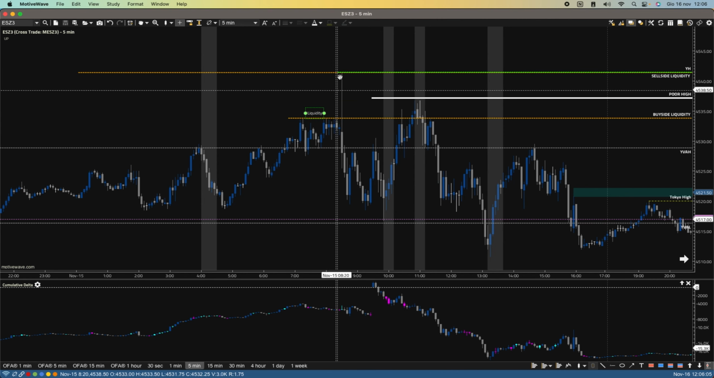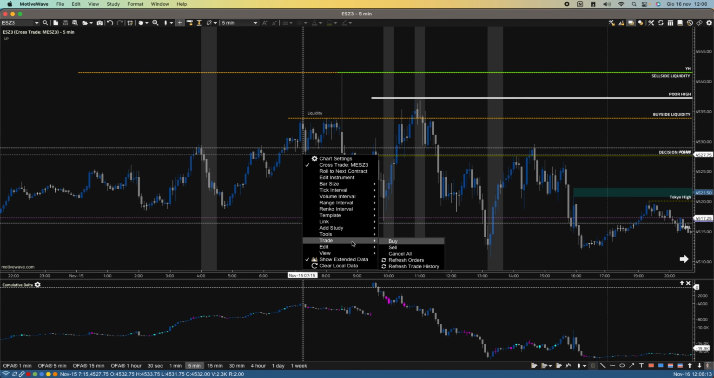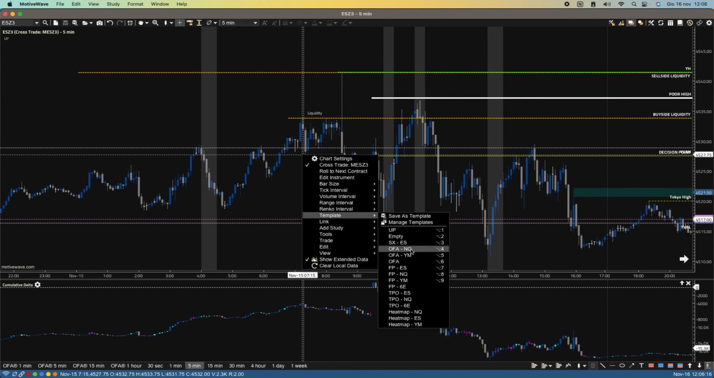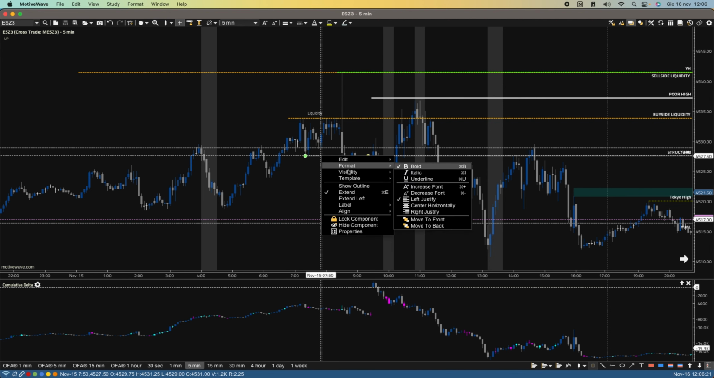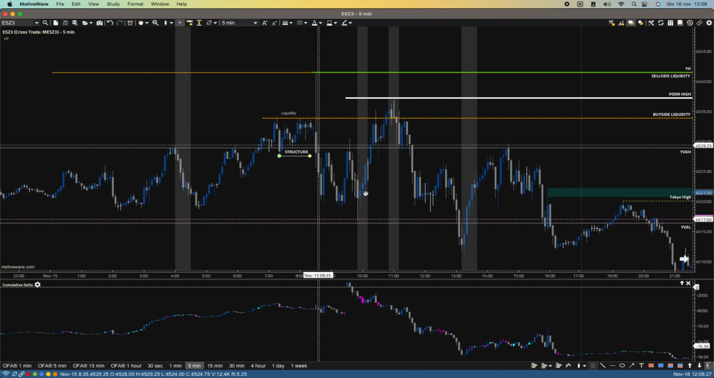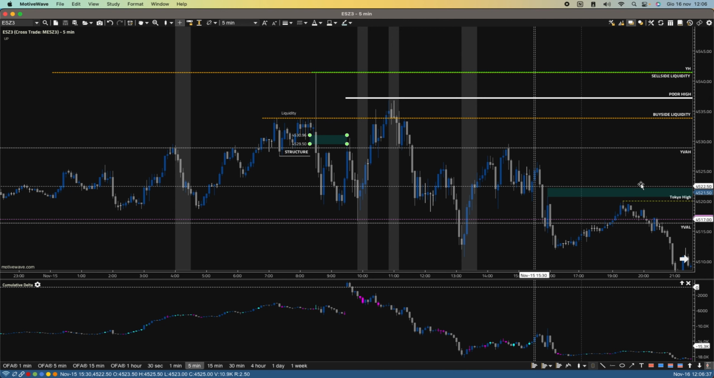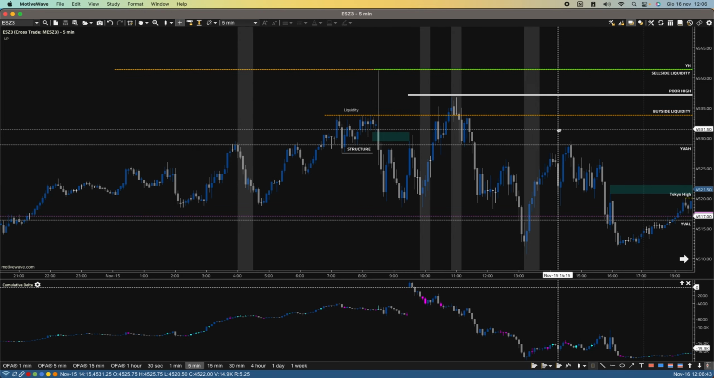So price grabs the liquidity, goes down, and we have this market structure shift. Here we have a fair value gap. This is a fair value gap. So without knowing, only using the traditional, classic candlestick chart,